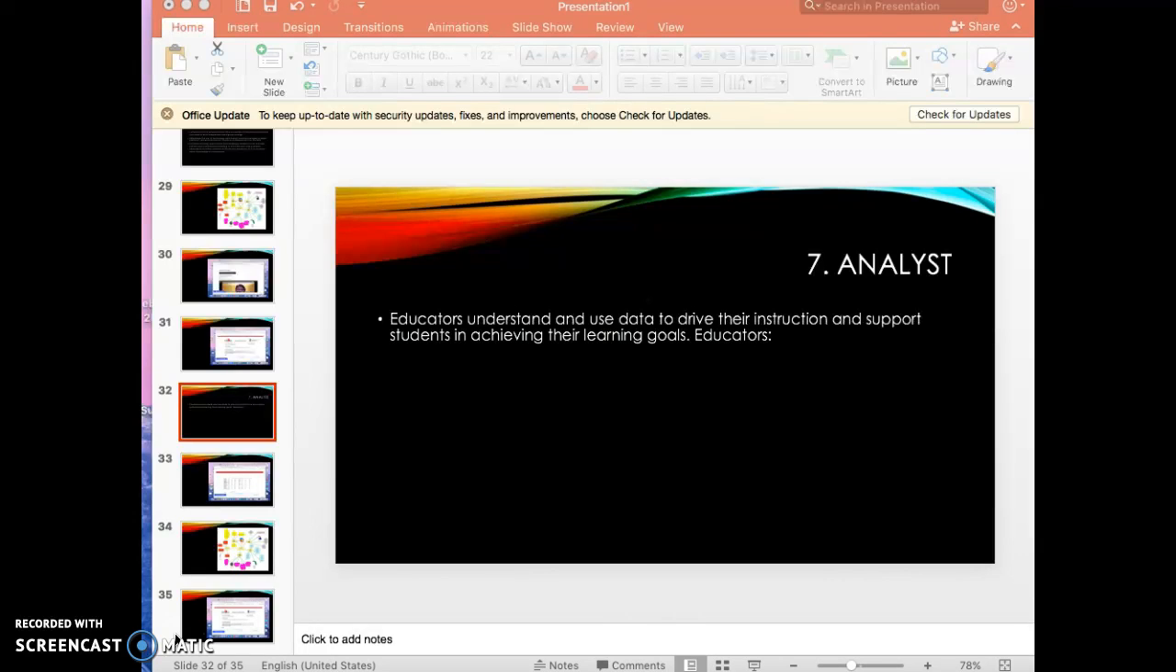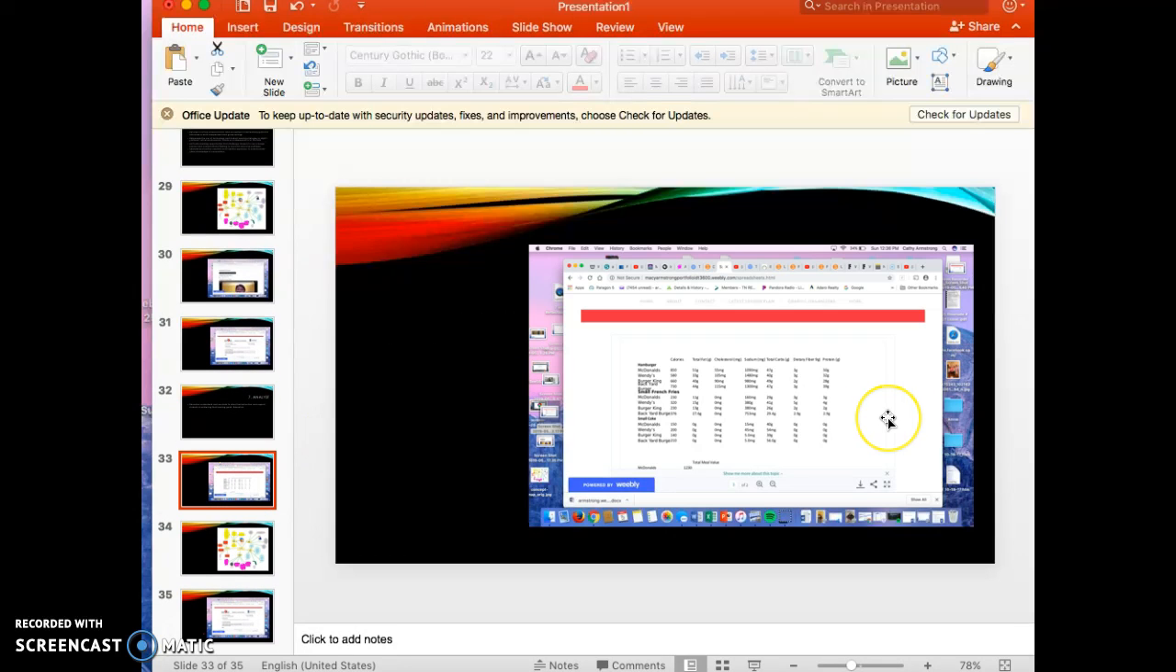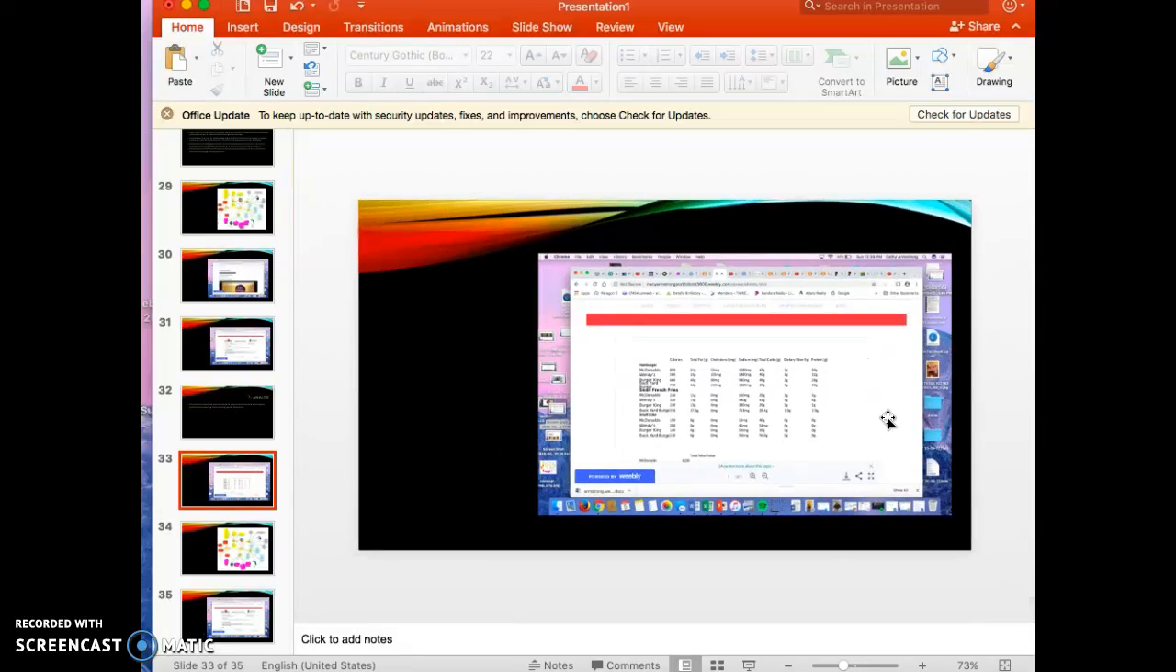Educators understand and use data to drive their instruction and support students in achieving their learning goals. Some ways that I think I embodied this analyst standard is through the use of my spreadsheet. I had to create a spreadsheet about the different caloric makeups of certain fast foods, and